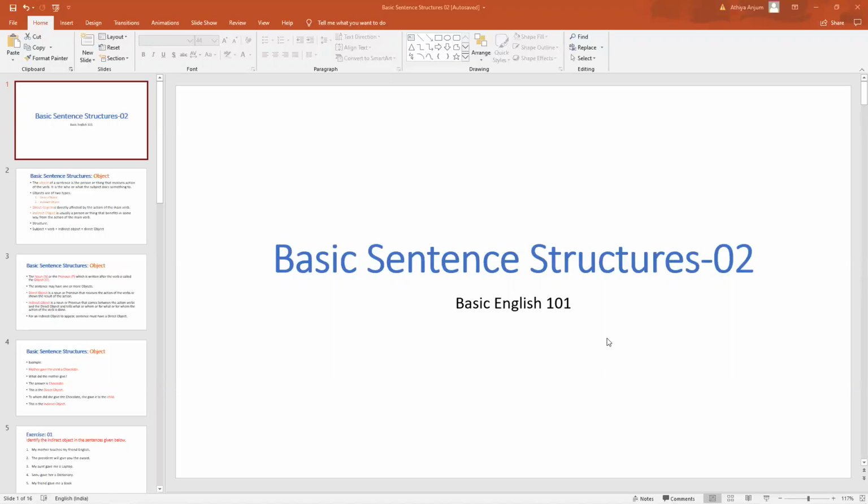The object usually follows the verb, it comes after the verb, and the object is either a person or a thing. That is, it is either a noun or a pronoun. So that way, you're going to once again do the third pattern that deals with objects, but here you will have more than one object. So this pattern is called S plus V plus IO plus DO, that is subject plus verb plus indirect object plus direct object. So before that, quickly recall the subject.